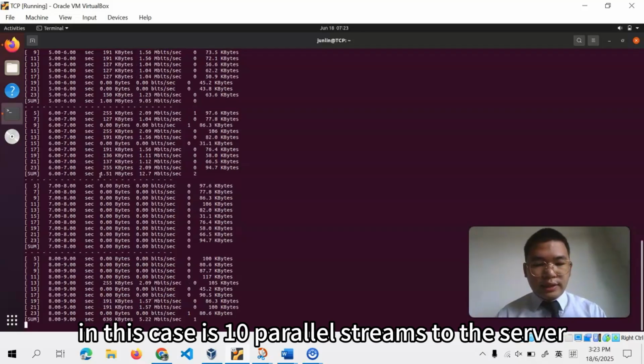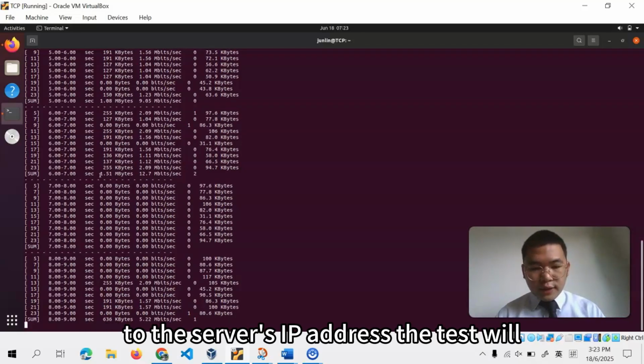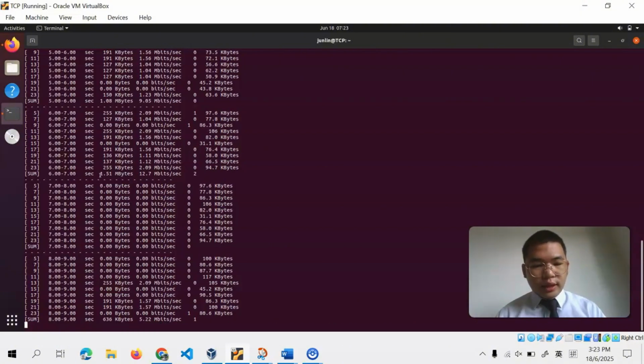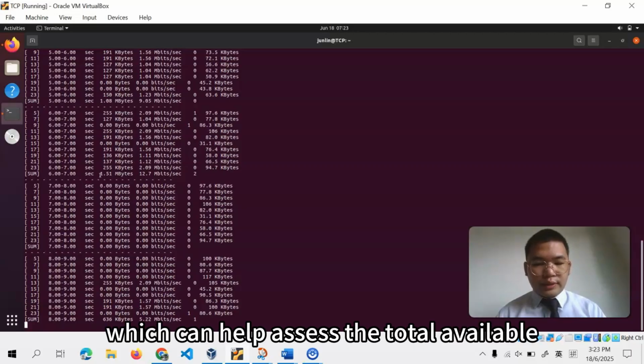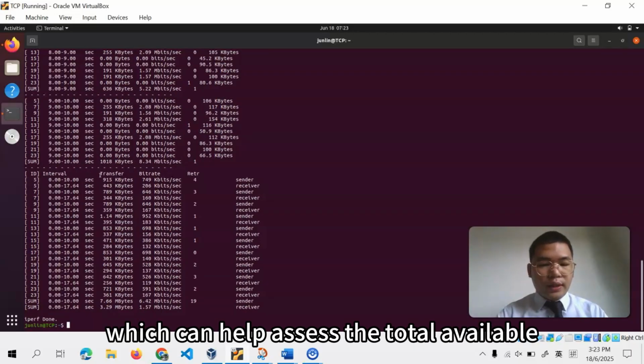In this case, it's 10 parallel streams to the server's IP address. The test will distribute the data across 10 streams, which can help assess the total available bandwidth